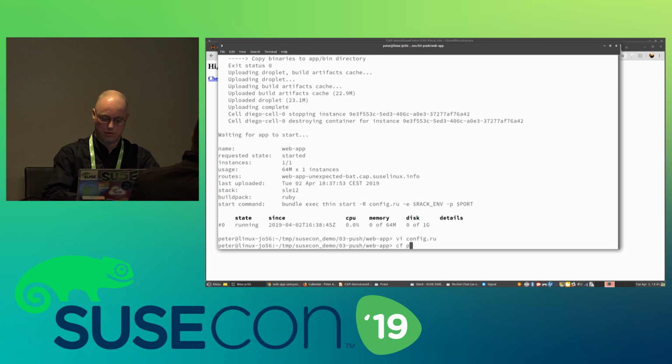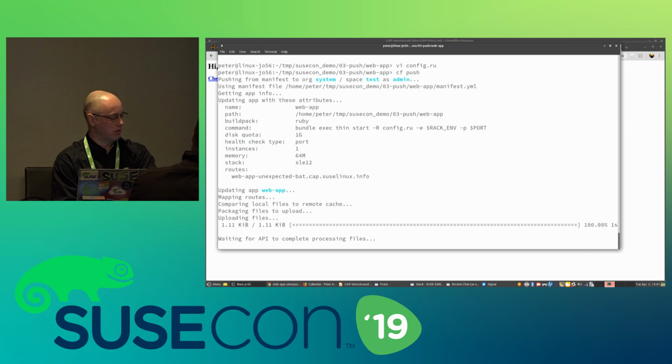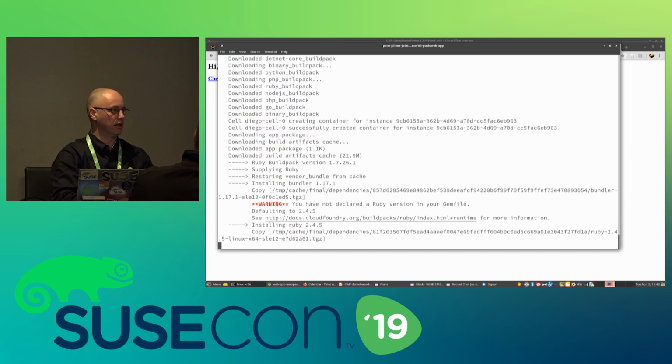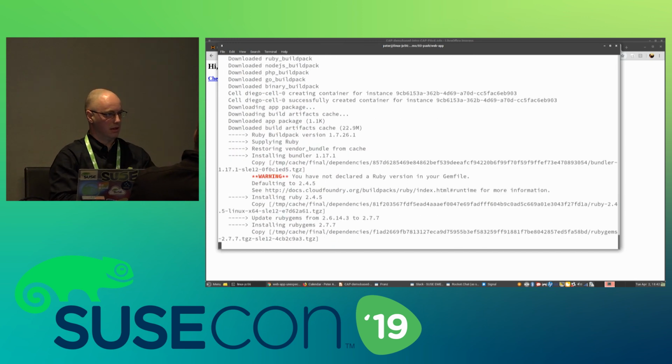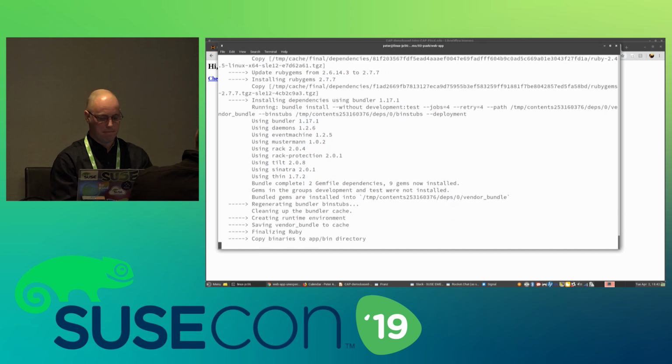If we run cf push again, everything that I described earlier is going to happen again. It compresses the files in the directory I'm standing in, pushes it up, and starts building it and starting it. Everything like routing, creating storage and creating the droplet is made automatically, and that is managed by Cloud Foundry.